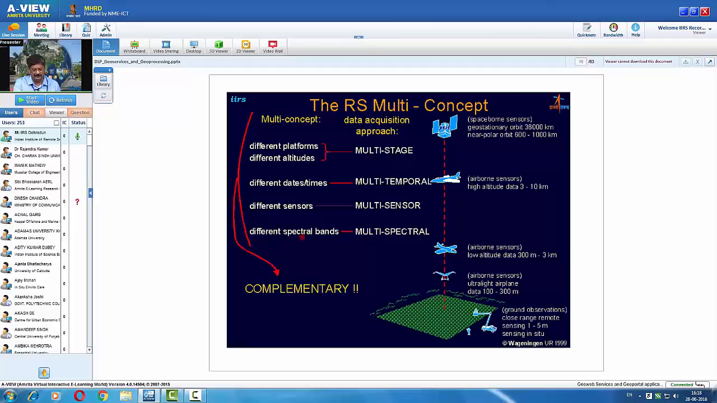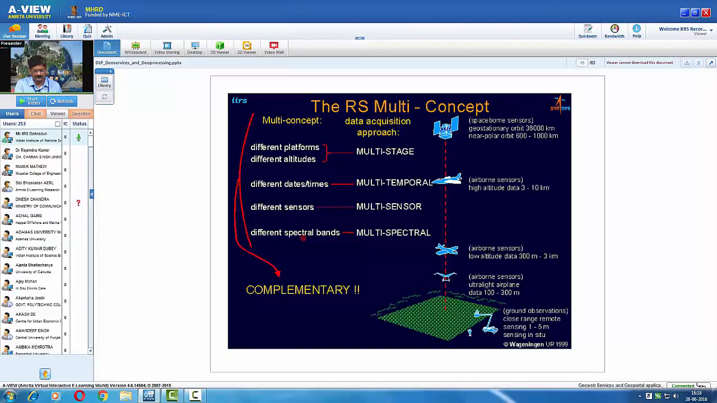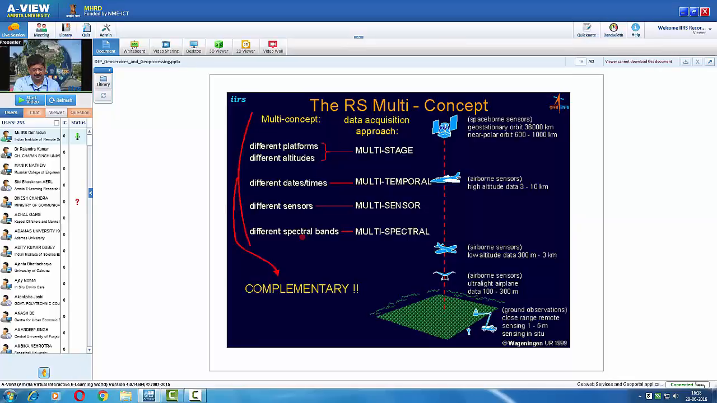Then we have different spectral bands in multispectral. As you know, the ground signatures change. Each object has its own spectral signature. Multispectral is the only way, like a signature, that we are able to separate the objects in a better way using multi-band data. And overall, as you can see here, there are also many platforms at which we can